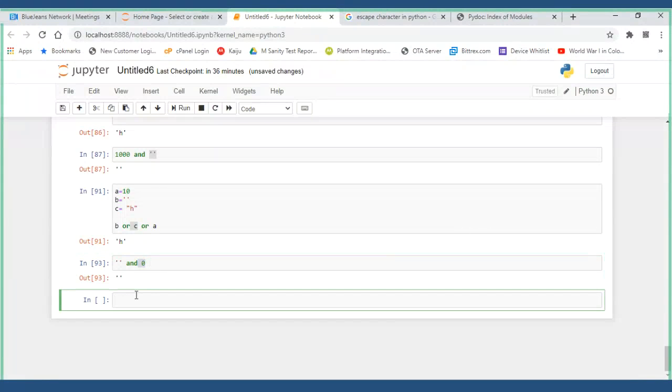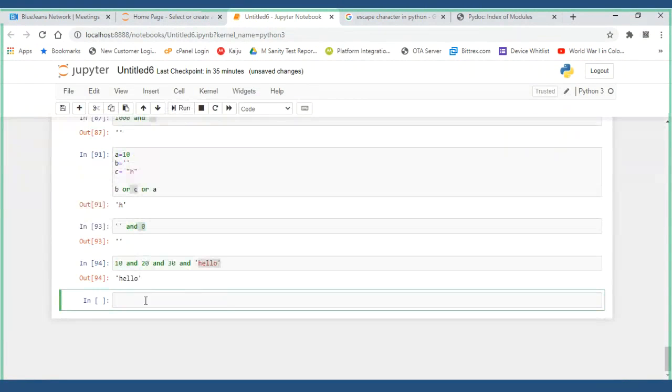Like if I have 10 and 20, till here I got all true. This one and this one and this one. Say for example 30, and I have something like hello. First I'll check this. It is true, then I'll go on. I have to identify until I find a failed condition. Did I get any failed condition? No. Did I get any failed condition? No. Did I get any failed condition? No. So I haven't got any failed condition. The Y value, which is the extreme right side value, I'll give as the result.